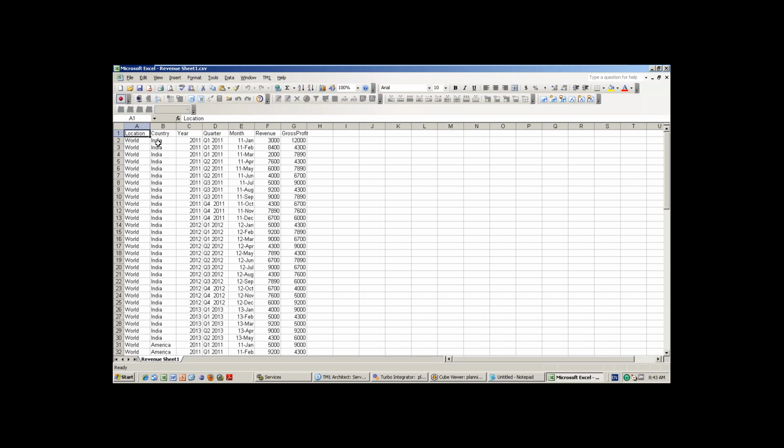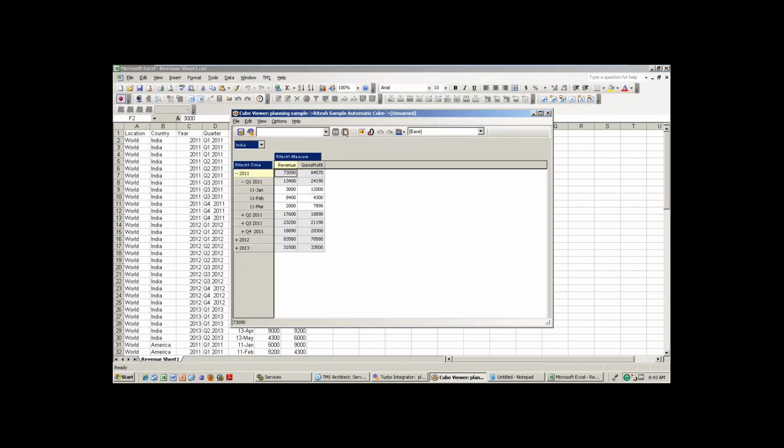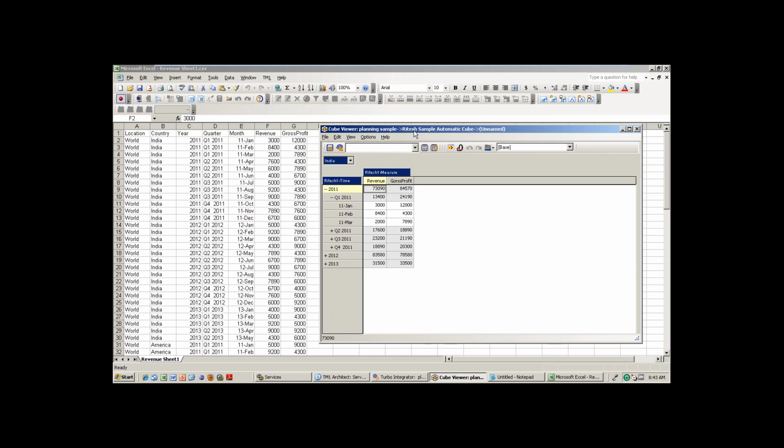See that for India 2011 quarter 1 January 3000. We'll see the same view. You can see now India, 2011, and it created a child Q1 2011, and it created the levels January, February, March, and now 3000 and 8400 and 2000.